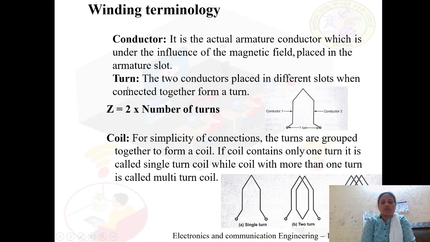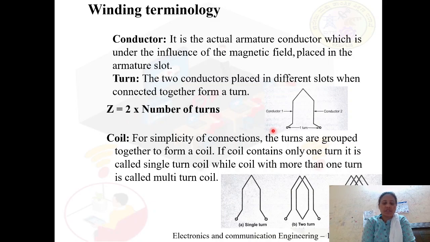Okay, what is a turn? The two conductors which are placed in two different slots, if they are connected together, we call it a turn. So this is what the structure of the turn looks like. This is a single conductor placed in one slot, and this is another conductor placed in another slot. If these two conductors are connected together, we call it a turn. Therefore, the number of conductors Z is equal to 2 times the number of turns